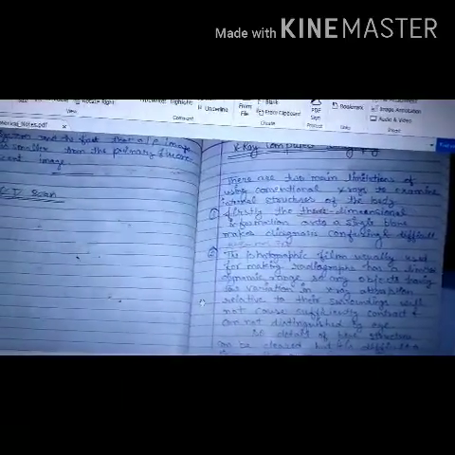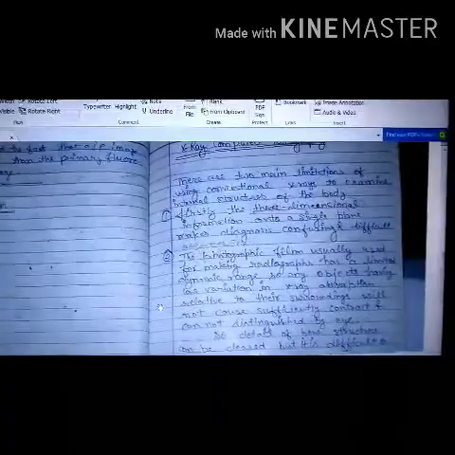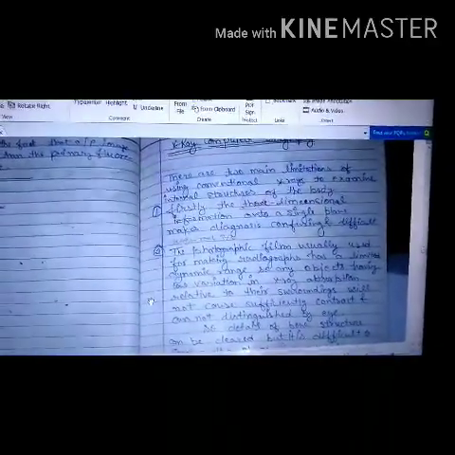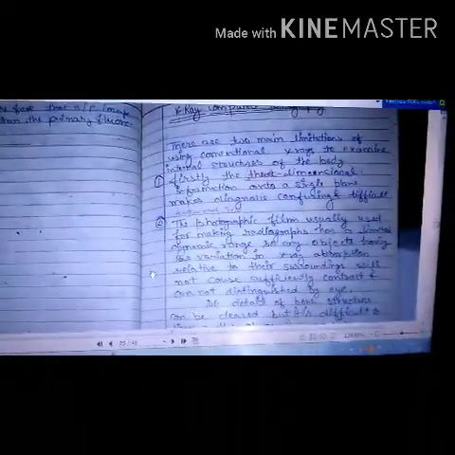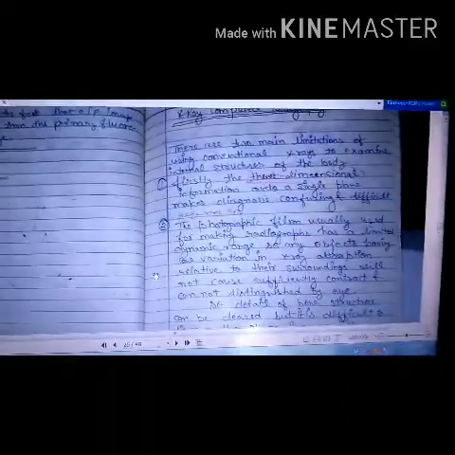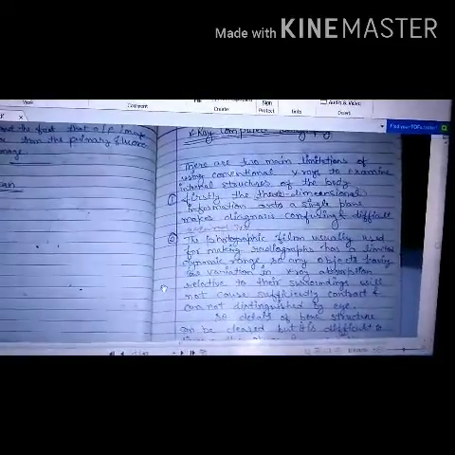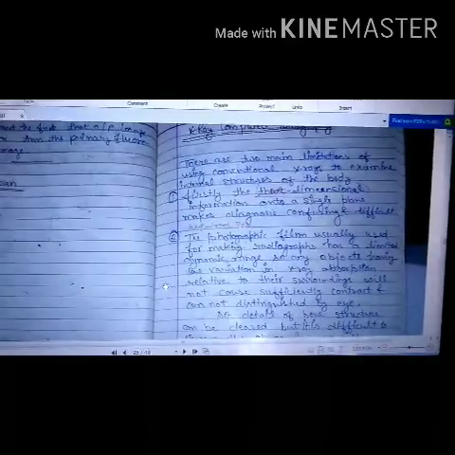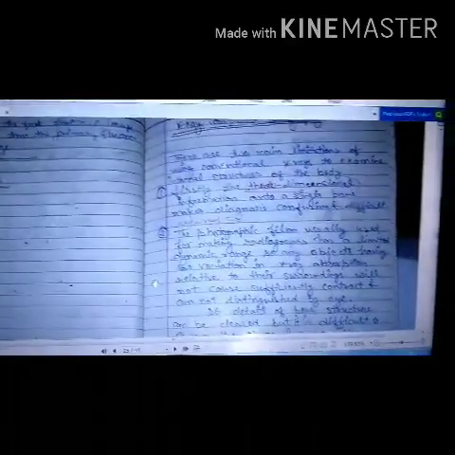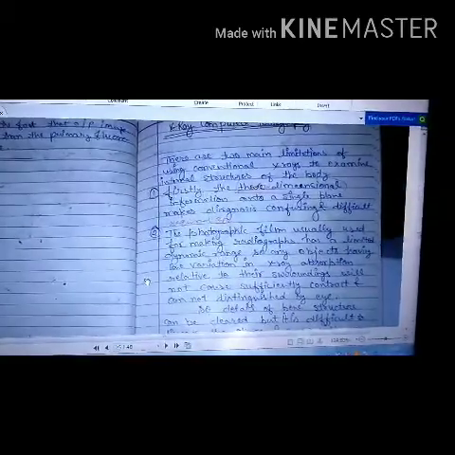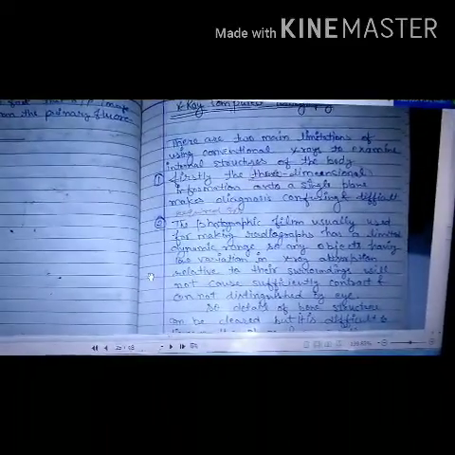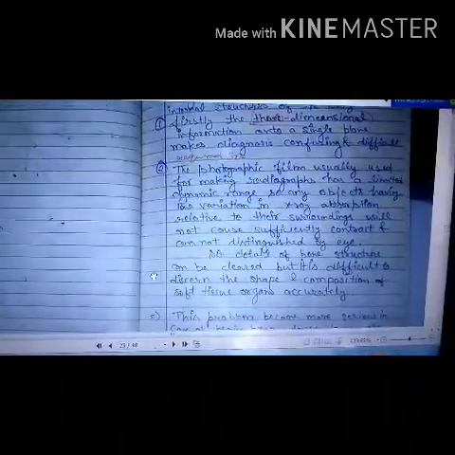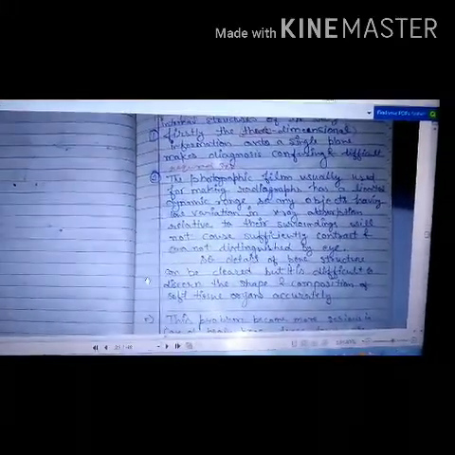All these tissues are made up of different compounds and have different densities. Human bones in the rib cage have more density as compared to the lungs, and the lungs may have lower density as compared to any other organ at the back. Because of this, the technology is unable to generate a clear image of a particular human organ on a photographic film. This causes difficulty in the diagnostic process. Details of bone structure can be clearly seen, but it is difficult to discern the shape and composition of soft tissues and organs accurately.